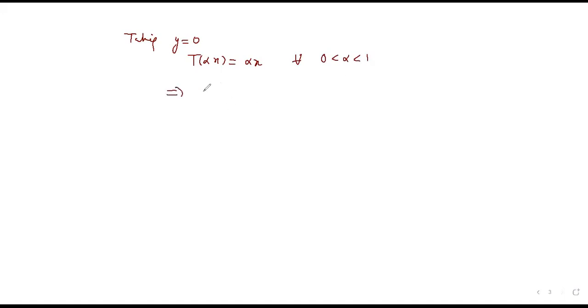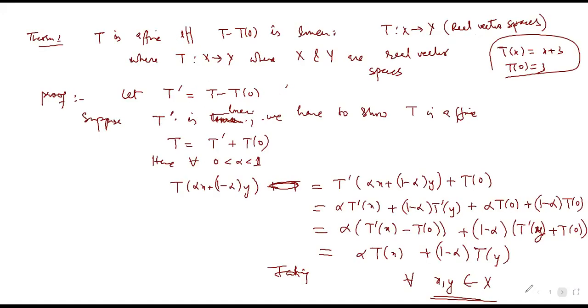So which implies, now since T of 0 is equal to 0, because what do I have? मुझे क्या दिखाना है? Sorry, मैं T dash की बात कर रहा हूँ. क्या हो रहा है? हाँ, T की बात कर रहा हूँ. T of 0 जो है,